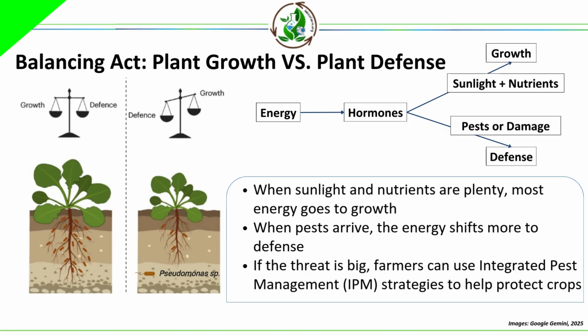But when pests attack, hormones trigger a defense mode. Energy shifts toward making toxins, strengthening cell walls, or sending chemical signals to attract allies, such as predatory insects. This balance is influenced by the environment, the type of pest, and the plant's own genetics. Farmers can tip the balance in the plant's favor through smart management practices, such as integrated pest management, reducing the